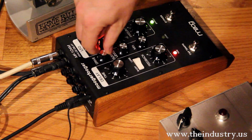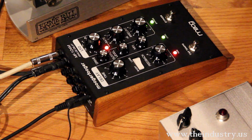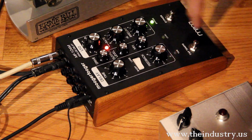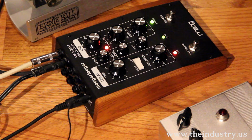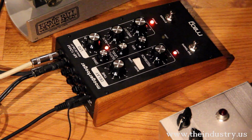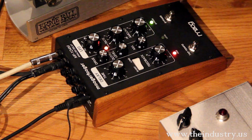So I'm going to turn the drive down until it's at a level where it's kind of tickling the yellows maybe and not the reds. That's much better. Then we have the output level, which determines the output level of the pedal. And I'm going to try and match that to the